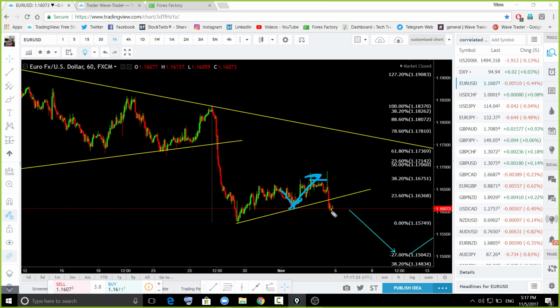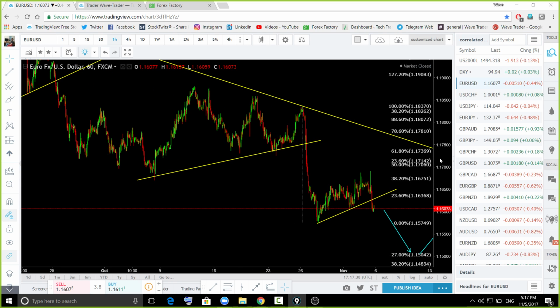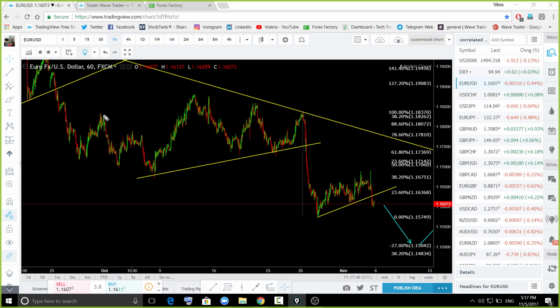All right, so if this is going to continue, let it come close to the 27, and the pattern which I have just shown you, watch that pattern. If that pattern is going to appear over there, buy. So you understand how you need to buy over there, because last time when we were having that pattern